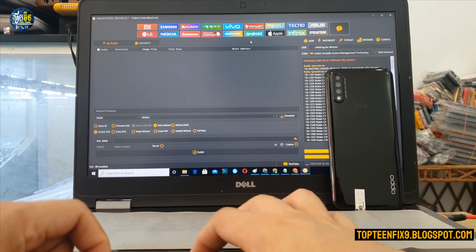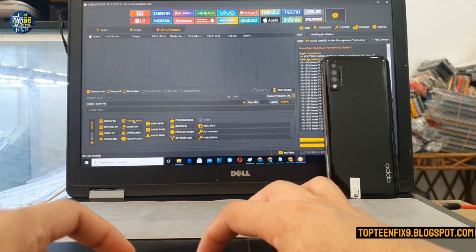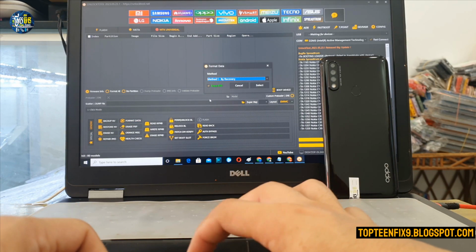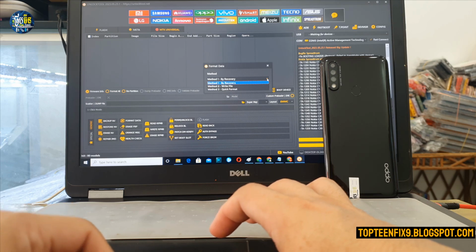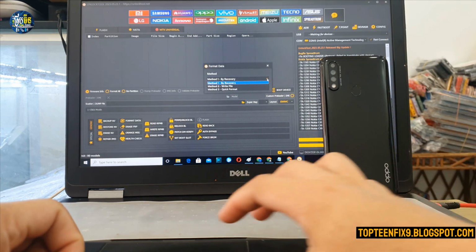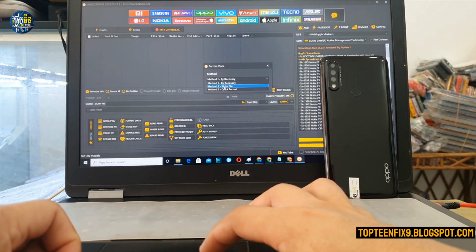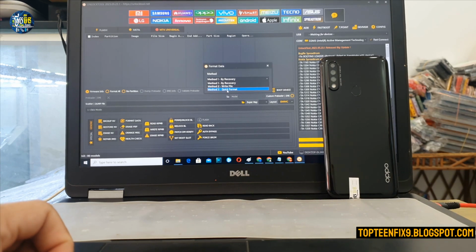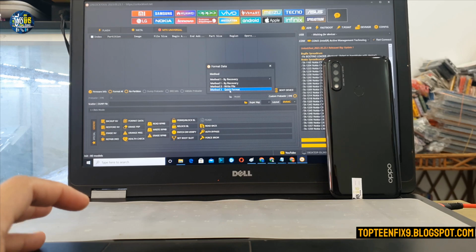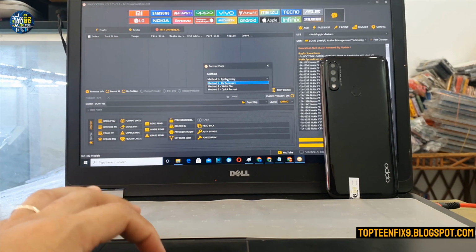you need to choose the MediaTek right here, select on it, and then you need to look down and select on format data, and there are three options here. First option is by recovery, the second write file, the third one quick format. And alright, in this video I choose the first one, that is called by recovery. Select on it,